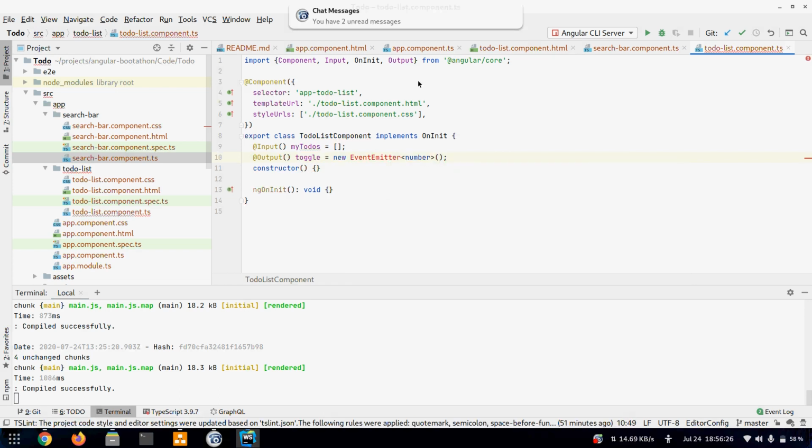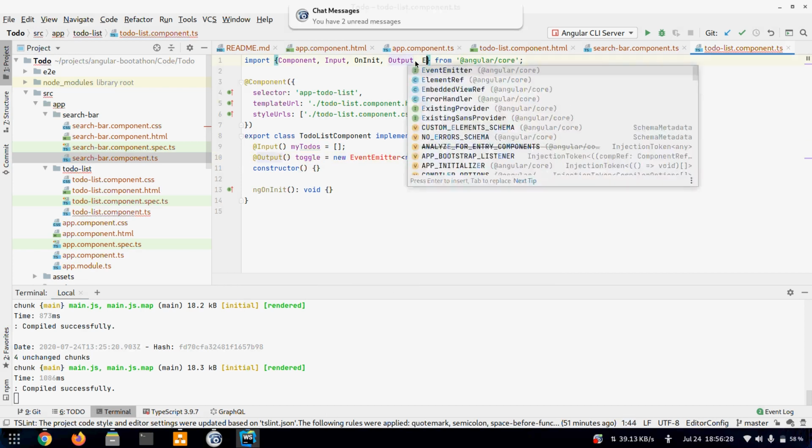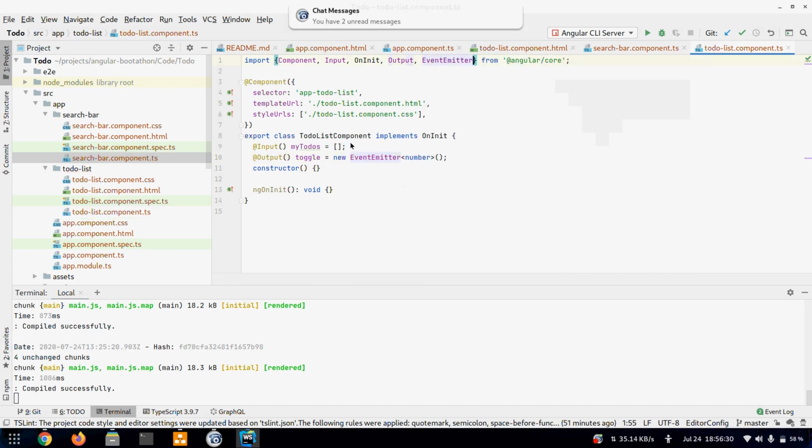So it will emit a type of number, and don't forget to import EventEmitter from Angular core. So we have created our toggle event. Whenever we click on any element, we'll fire this event and the app component will know that this thing is clicked and it will trigger.